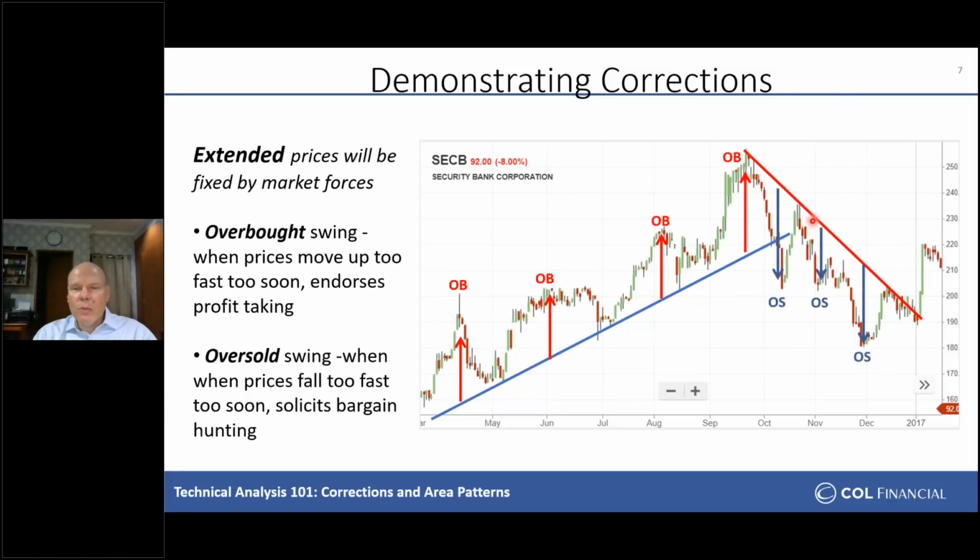So here we have a downtrend line. Notice I've drawn it by connecting the tops, whereas an uptrend line I connected by drawing it through the lows. And you can see that from the trend line, prices streak down very, very quickly. And this is now what we call an oversold condition. Oversold because you have too many people selling it, perhaps in panic mode, and they've driven the stock price